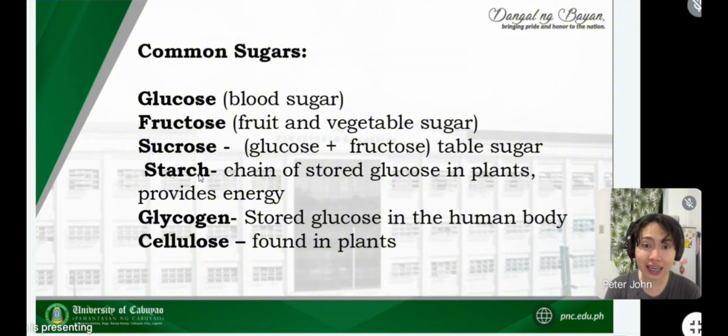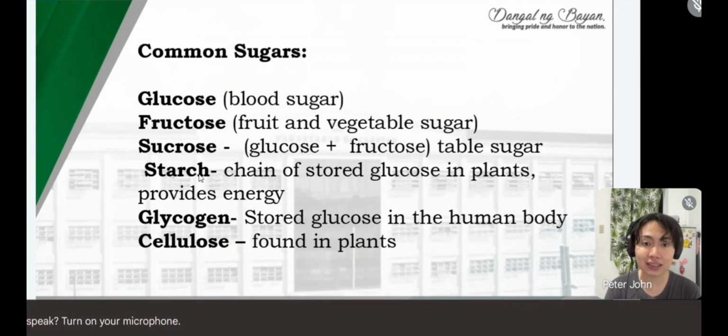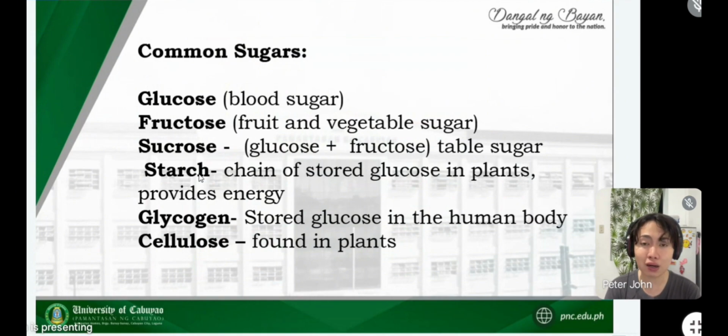So, for the case of plants, saan nanggaling yung sugar ng plants? Basically, nanggaling sa photosynthesis. Diba? Pag gumagawa ng sariling foods yung plants, they form glucose. And yung sobrang glucose na yan ay sini-store nila dire-diretso sa roots nila. And yung ginagamit nila sa buong process, mismo continuously yan. So, starch is the stored energy glucose in the case of plants. Kadalasan sa roots po siya ng mga plants.